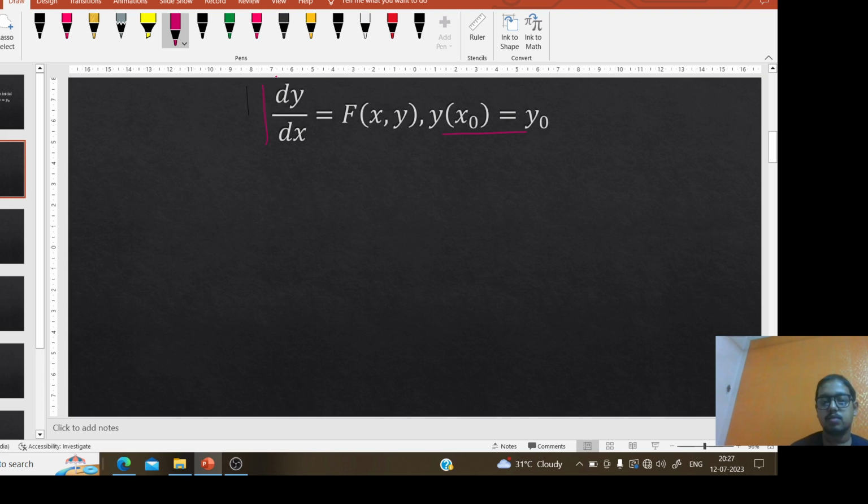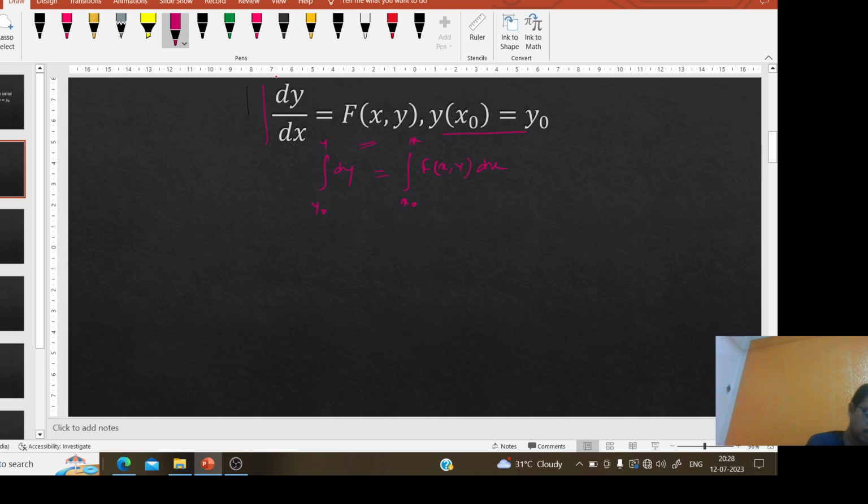We can solve this initial value problem by integrating. From here we can write the integral of dy is equal to the integral of f of x, y dx, where the limits for y are y0 to y,